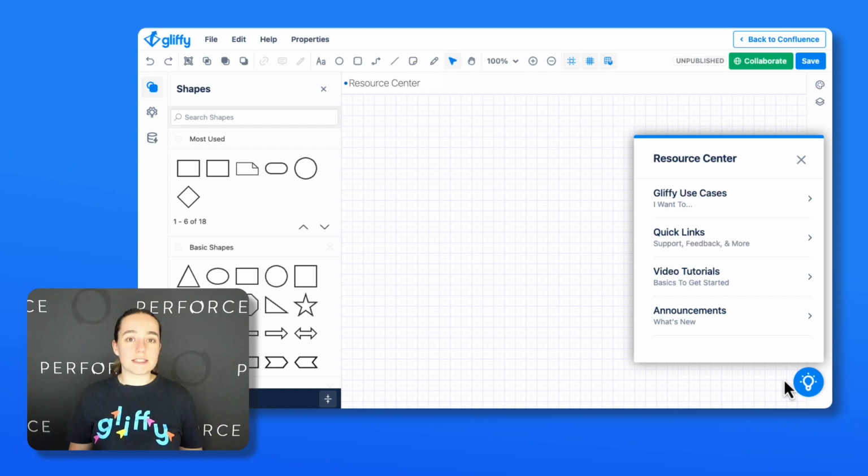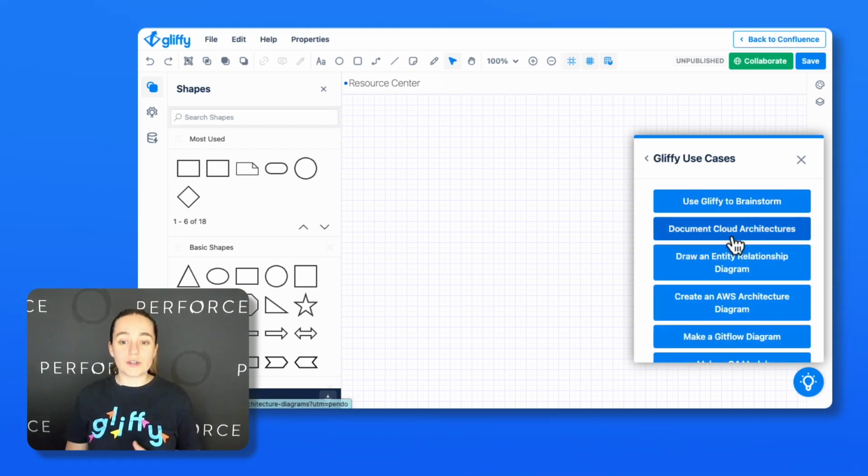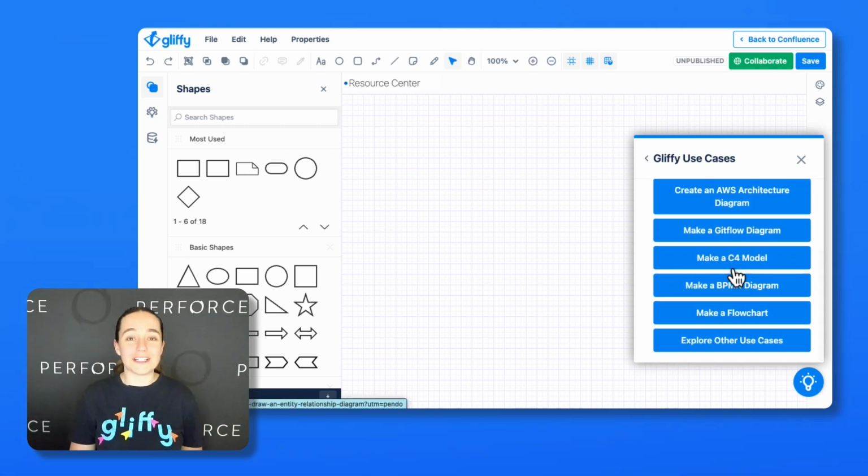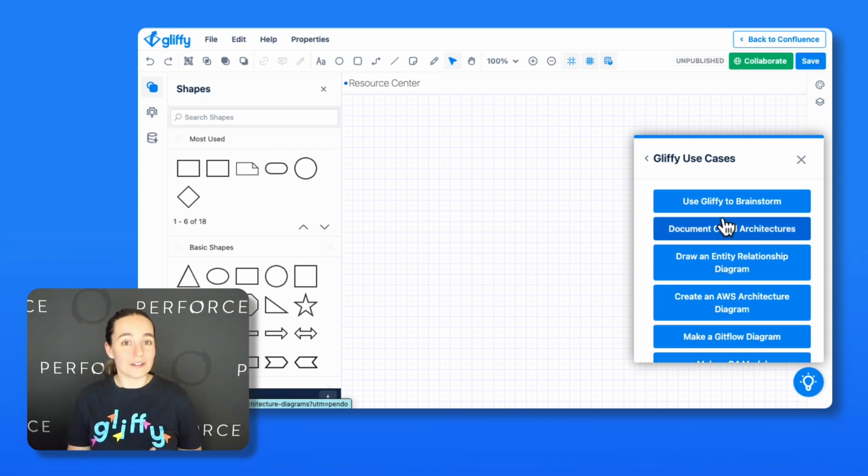When you click on it, it's got some core use cases. So these primarily link out to blog posts. The Gliffy blog is an awesome resource of different types of diagrams that you can easily create in Gliffy. It's got step-by-step instructions and examples and sometimes even templates that you can tap into. So check these out if you ever need to make a new type of diagram and just want a little